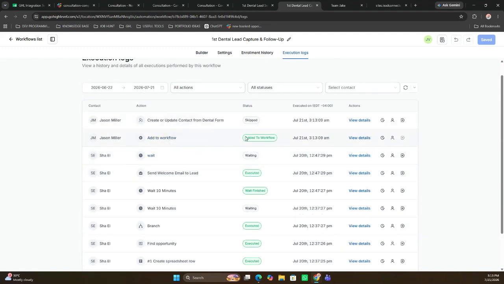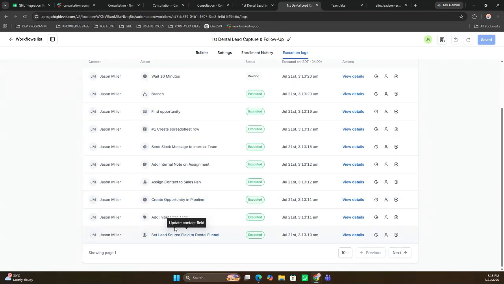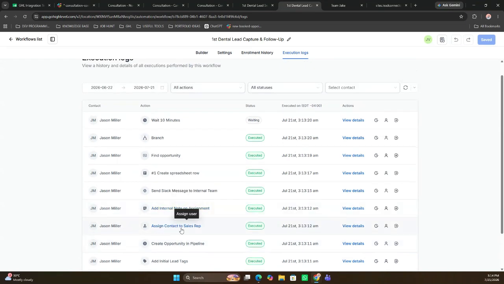It added tags, updated an opportunity pipeline, assigned a sales representative in this business, added an internal note assignment, sent a Slack message to the internal team, and created a row in the Google spreadsheet.